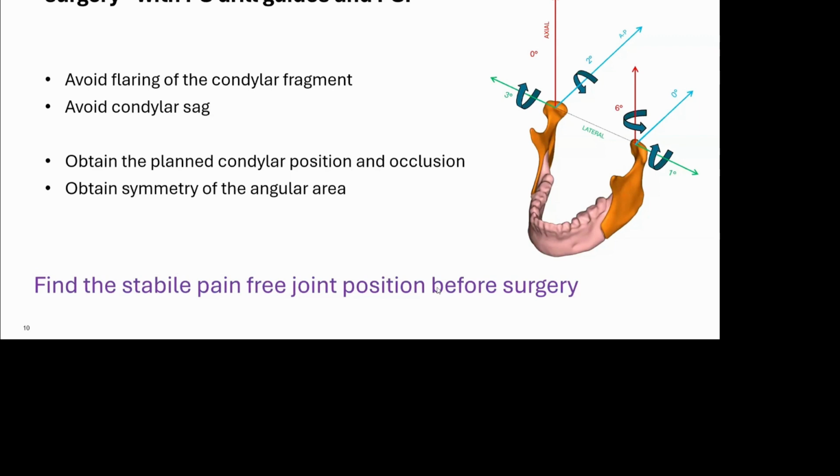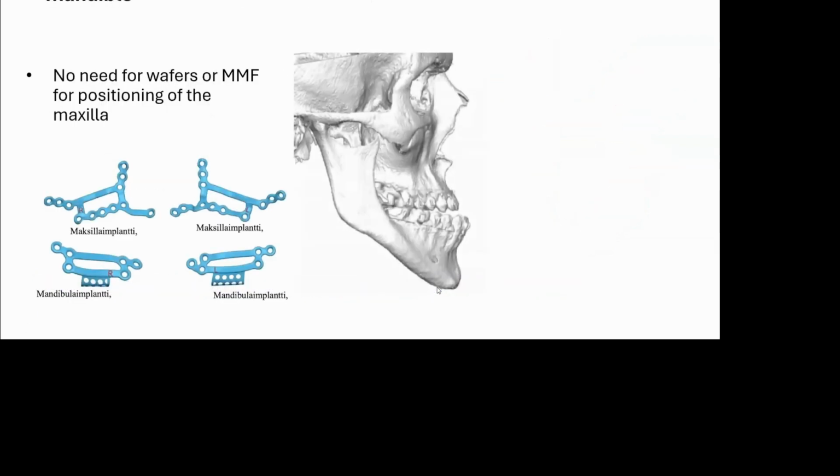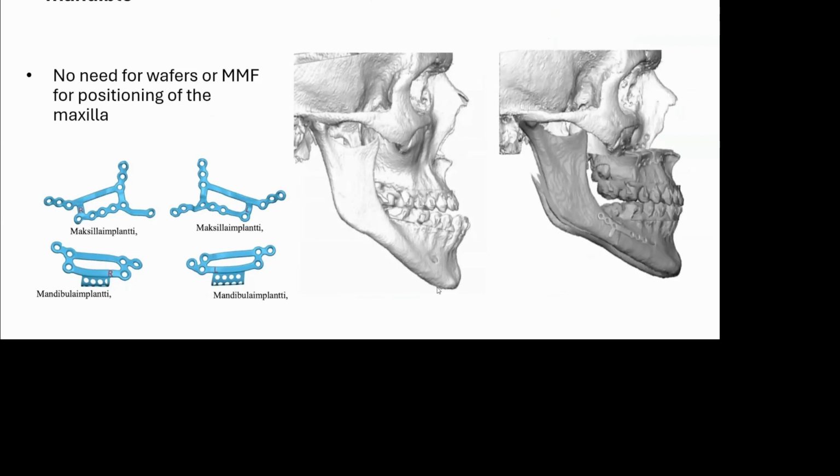But to obtain all of this, you have to find the stable pain-free joint position before surgery. When I do surgery, I always do the maxilla first, and I don't use maxillomandibular fixation for placing the maxilla because the patient-specific implants are so reliable. For the lower jaw, I still use the final wafer or splint, and if I have a very big advancement, I would use this cage-like structure on the implants for the lower jaw to obtain a nice and straight inferior